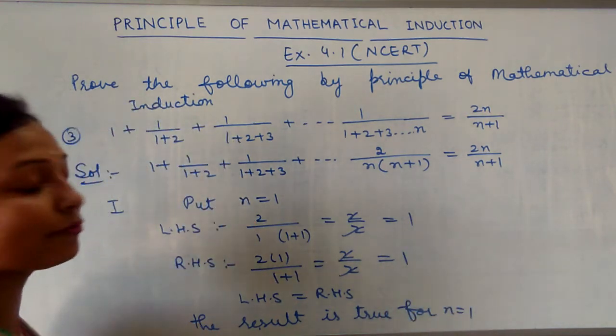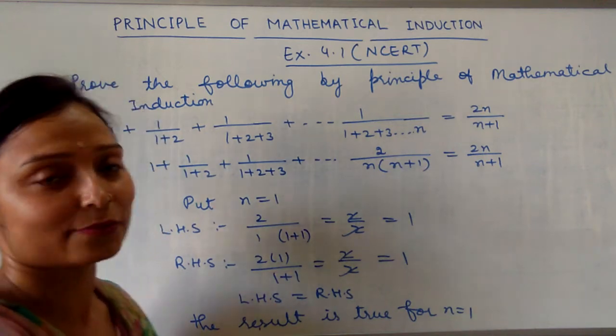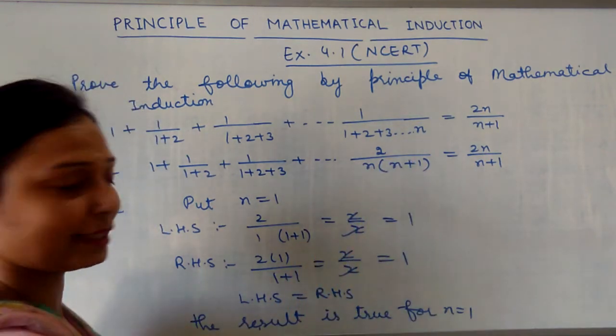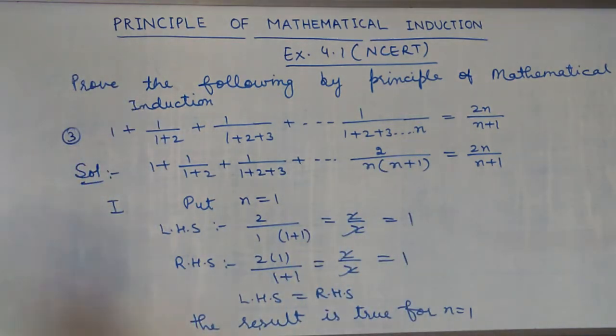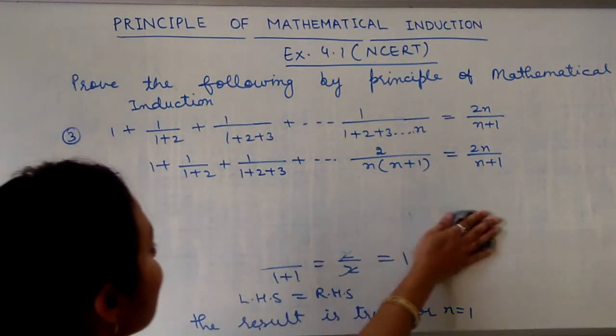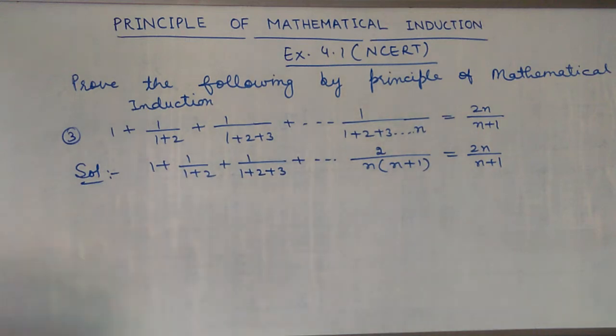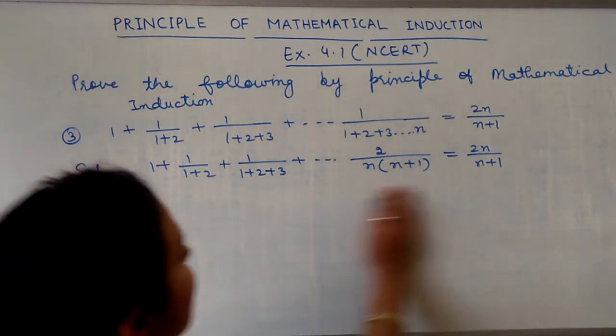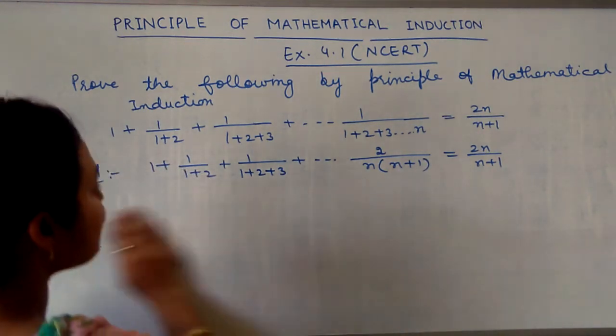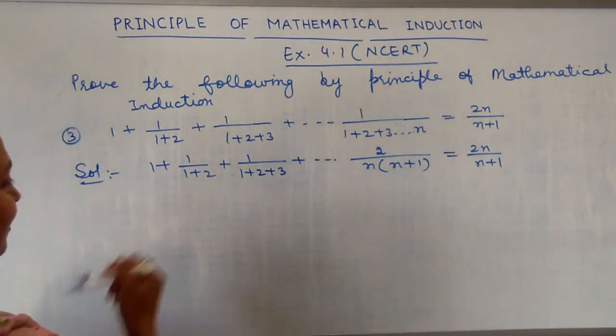Now this is the time for the second step, that is the easiest one. You have to replace n by k. So I will take the second step, that is also very easy. The third step is a little bit changed from the first two steps. We have to work on the third step for proving the result for n equals to k plus 1.